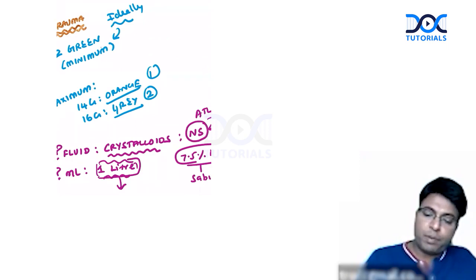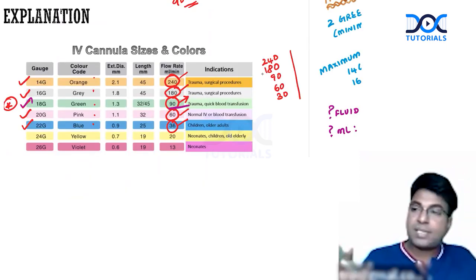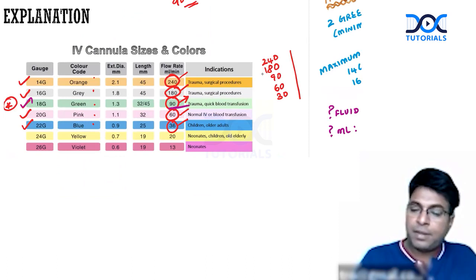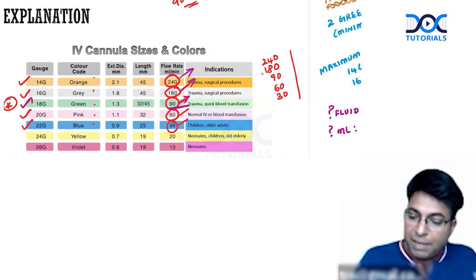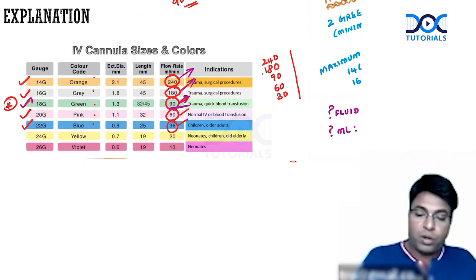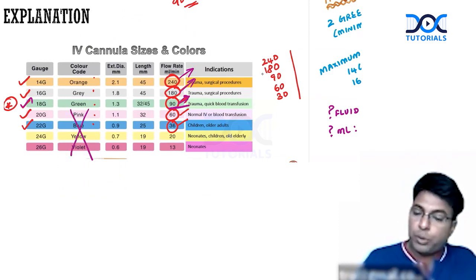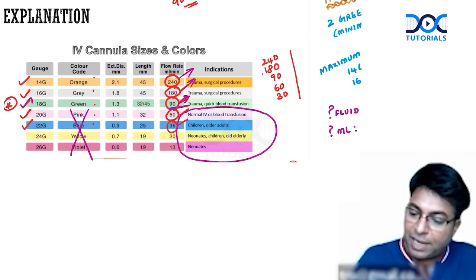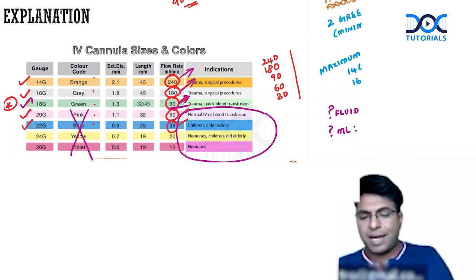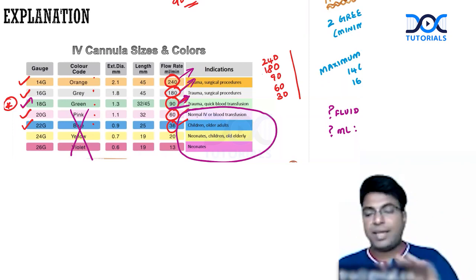This is another important point, please remember. But if they ask what cannula is used for maximum infusion, go for orange or gray. What is ideally used, which is the minimum to be used, is minimum 2 green. No role of pink, blue, yellow. You can see from the discussion itself, they are not at all used for trauma cases. So please understand everything about IV cannulas. It's a high yield question for any exam. FMG, NEET PG, INI-SS, any exam, this will be a high yield question for your exams.